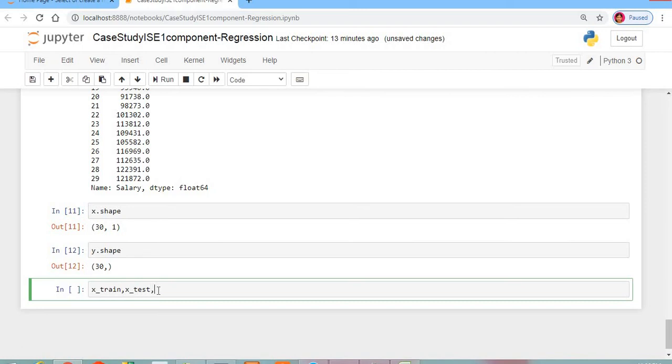So x train comma x test and y train comma y test. Once we have done this, we will be training. I'll put tab over here, train test underscore split.